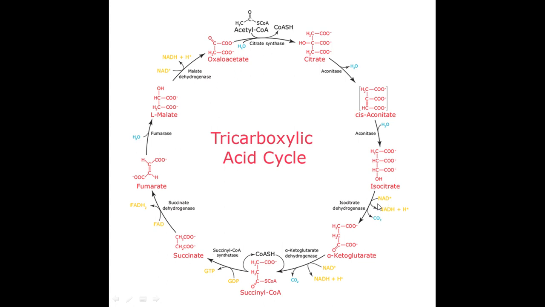So the first site of NADH production is the conversion of isocitrate to alpha ketoglutarate. Now the alpha ketoglutarate also undergoes further oxidation and decarboxylation to produce succinyl-CoA. Here the NAD+, which is an oxidizing agent, gets reduced to NADH, followed by a decarboxylation reaction, which is catalyzed by